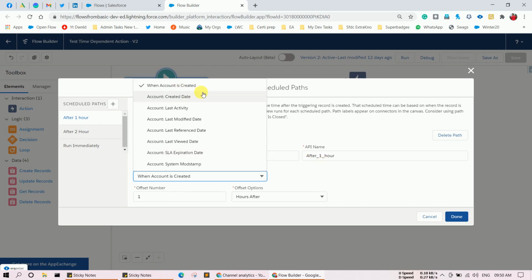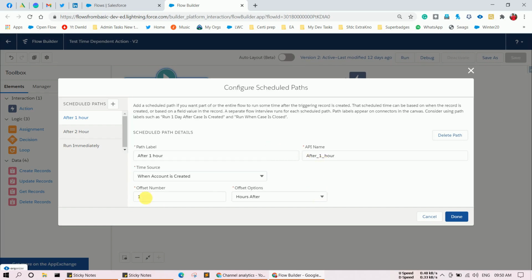Here I chose when account is created, and here you can see offset number 1, and here are offset options. In offset options you can see days after, days before. Here I use hours after. That means after my account is created, after 1 hour, I am going to do something with the logic. I hope this is clear to you, and let's click done.